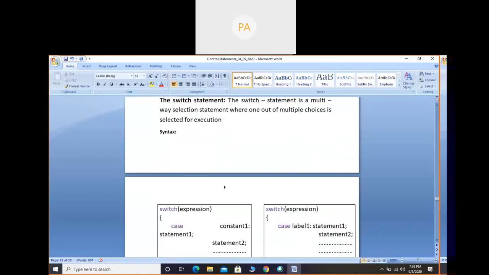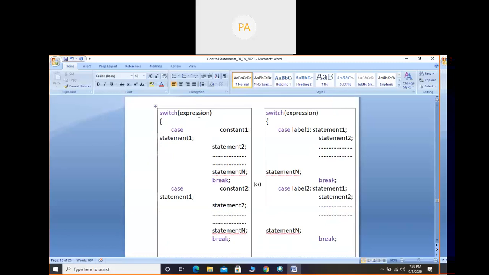But in the case of the switch statement, let us consider switch of expression. The expression result will be an integer value which matches with case constant 1. So statement 1 to statement n are executed. Then if I don't give the break statement here, and this point is very important, after executing statement 1 to n from case constant 1, the program control still moves to case constant 2 because there is no break statement. When it encounters the break, then it stops. This option is not present in the else-if ladder. There, if the particular condition is true and statements are executed, it stops right there.